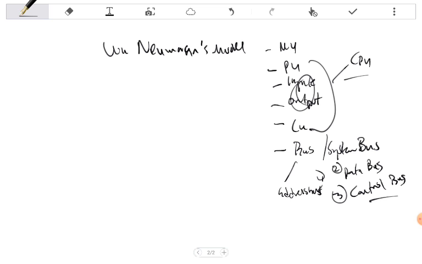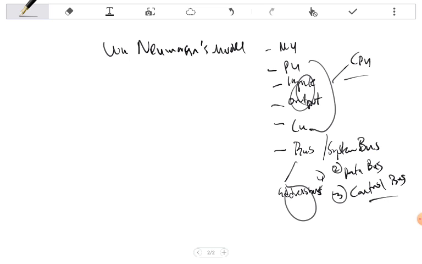Okay, so now what's the difference? The first one, the address bus, carries signals relating to addresses between the processor and memory. There has to be something that you want to process, right? And in the memory, where is it? It is a unidirectional bus. Signals travel in one direction. That's the meaning of that.